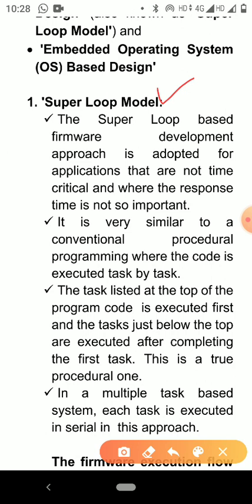It is very similar to our conventional procedural programming where the code is executed by task. The task listed at the top of the program code is executed first, and the tasks just below are executed after completing the first task. In multiple tasks, each task is executed in serial.